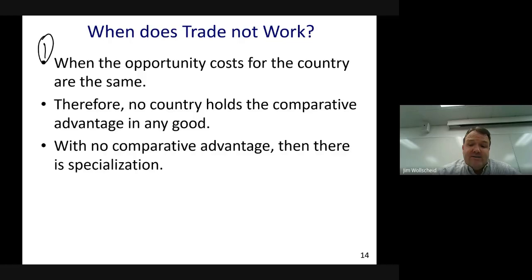And if there are no comparative advantages, then there's nothing to trade. We can't take advantage of specialization. And the second way when trade doesn't work,